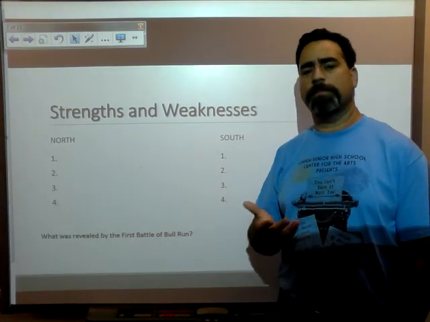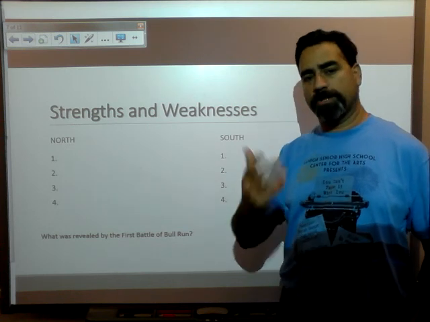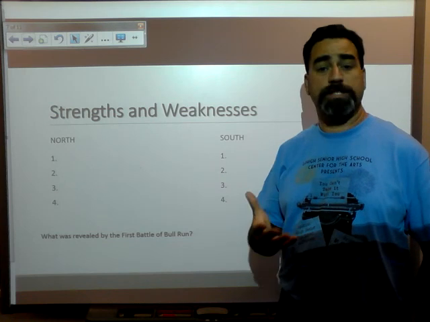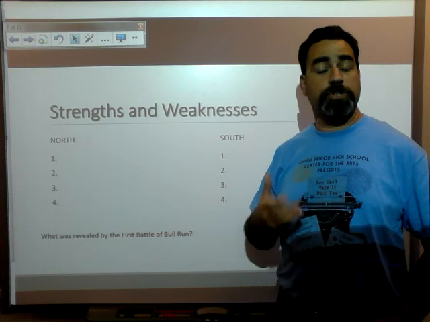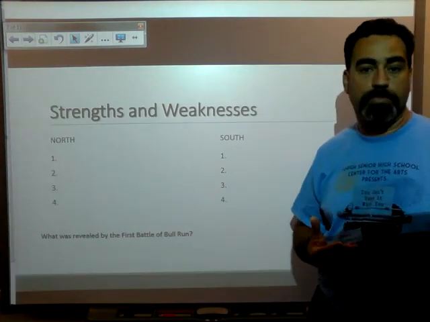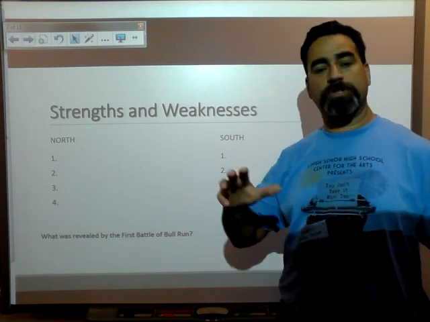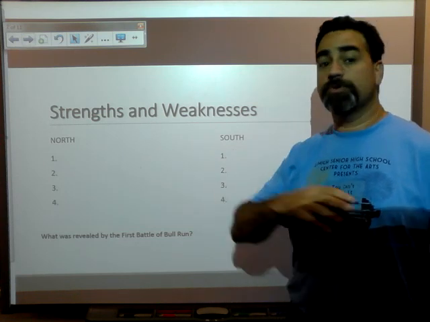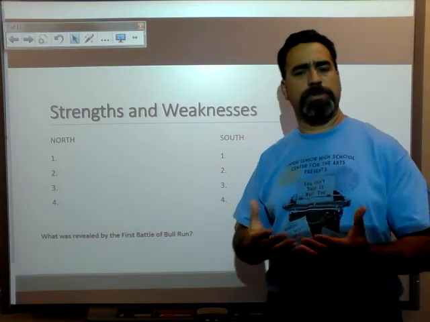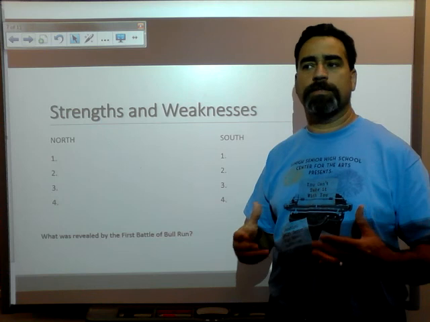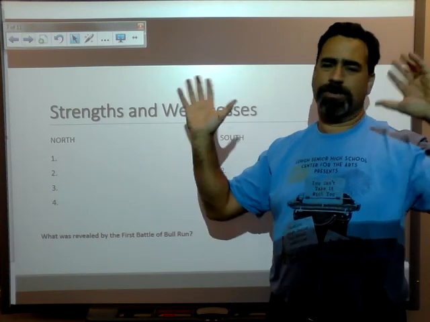The relatively unprepared and ill-trained Union soldiers march up against these pretty incentivized Southern soldiers to try to break their line, and the line isn't going to break. Instead of an organized retreat, the Northern soldiers start to run and run. Unfortunately, the Southern soldiers weren't all that disciplined either. Many of them took off after the Northern soldiers, and this just turned into a colossal mess.